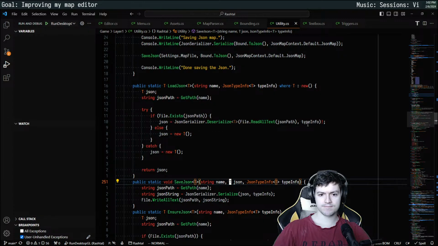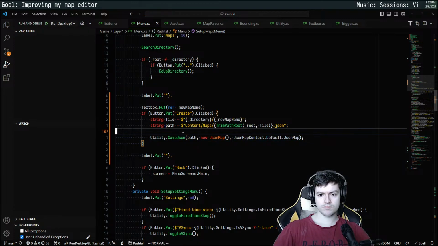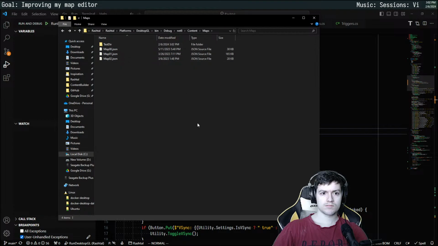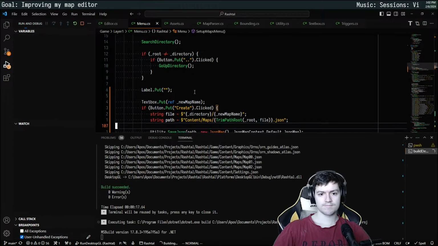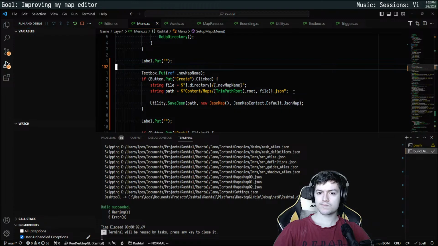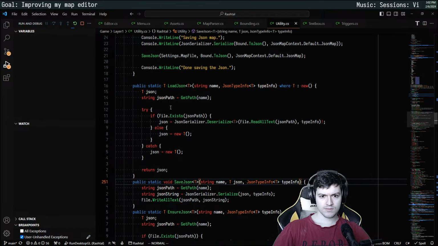New T. So just new JSON map. So is there